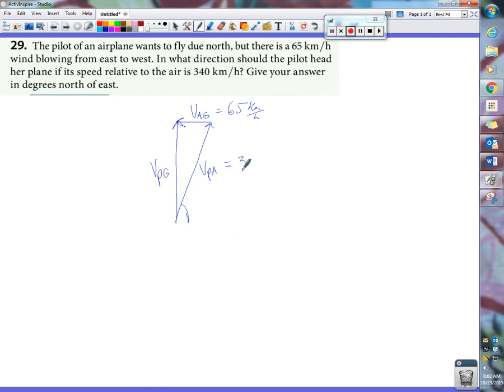This has a magnitude of 340 kilometers per hour. Okay, and we know that that is due north, correct? This is due north. So it may have been a little bit more convenient, I guess, to draw it in the other way. But just for simplicity, let's move these vectors around. Just flip this to drawing it like that instead. So just drawing the same thing, but